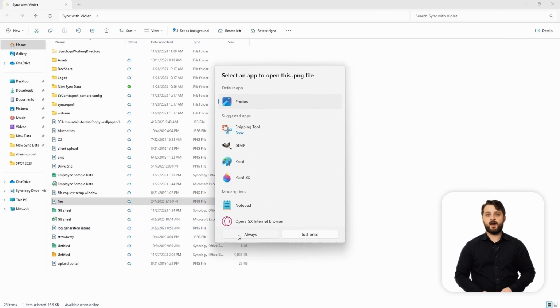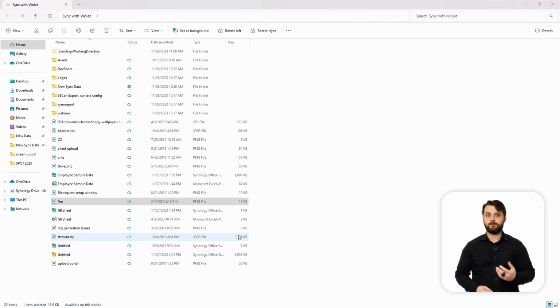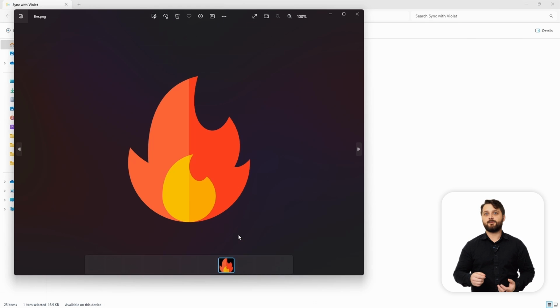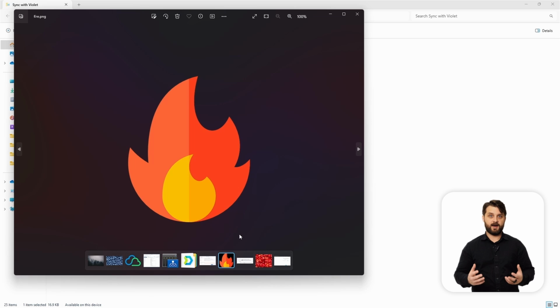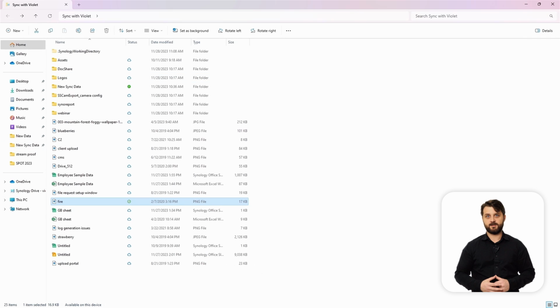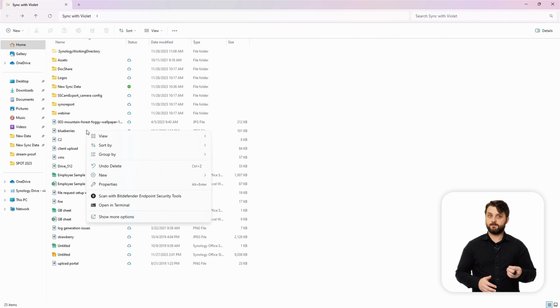Now keep in mind, if you have a cloud icon next to a file and you double click it to open it, it'll automatically bring that down from the Synology NAS if you have an internet connection, like you see with this photo. Now, once that's all finished, you can actually do a couple other Synology Drive operations from directly inside of the operating system, for example.